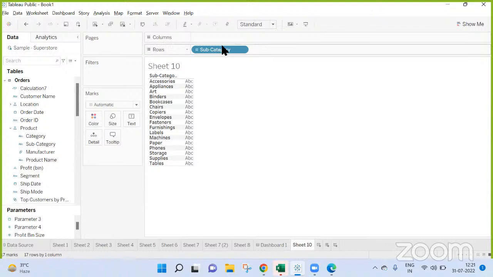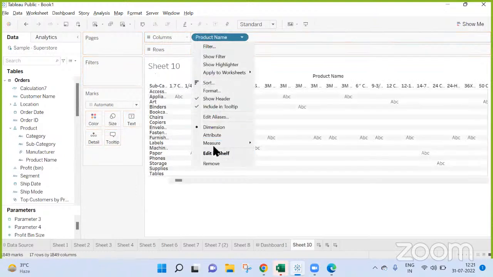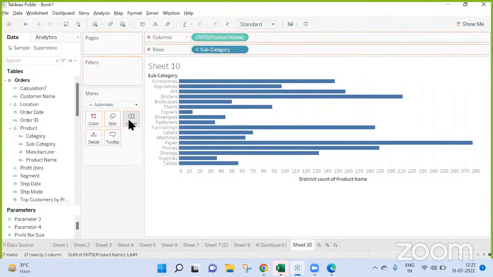The third one is accessory, appliance plus art, meaning A plus B, A plus B plus C, A plus B plus C plus D, like the combinations are done. And that is the second table in my data set.